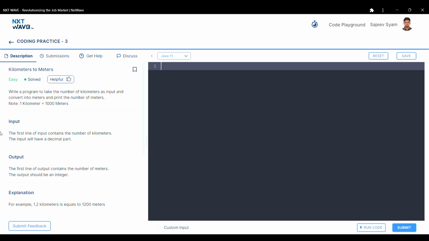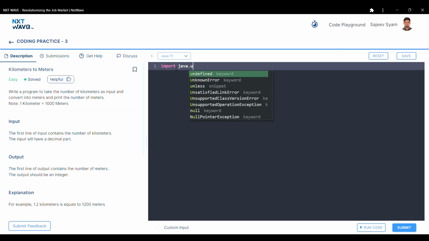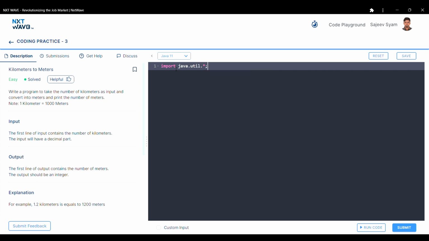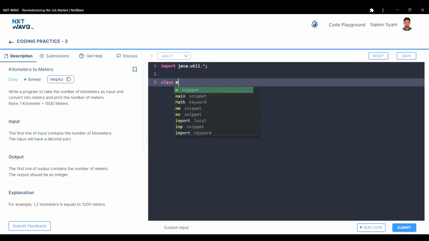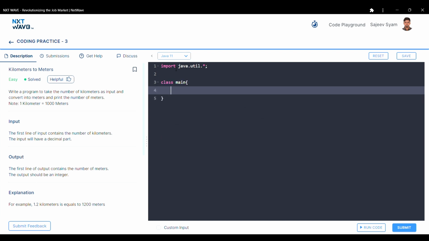value, and the first line of the output contains the number of meters we should convert. The output should be an integer, so we have to convert the decimal part into the integer value. First of all we have to scan that input value, so we have to import java.util.* package from Java. Then we have to write class Main and